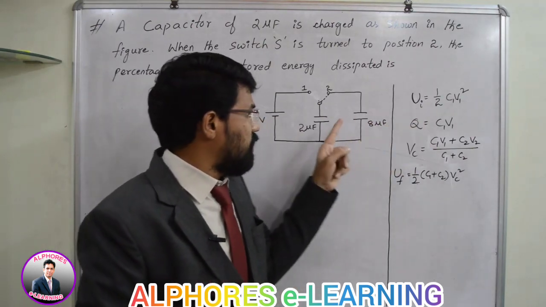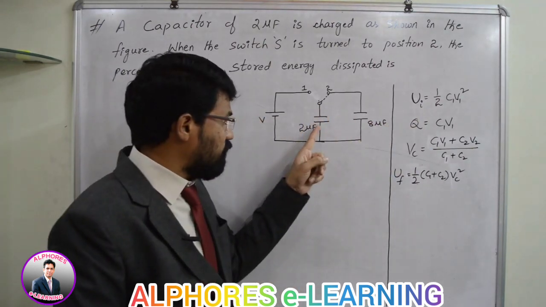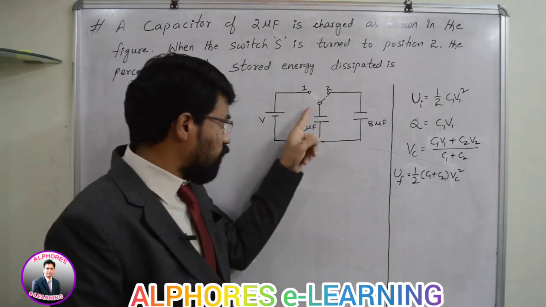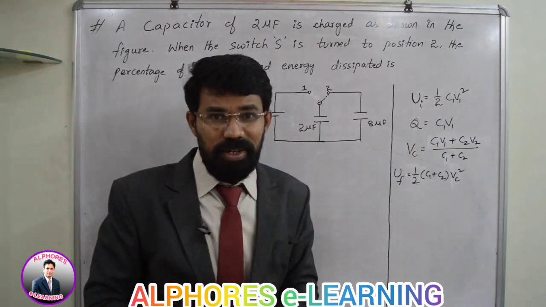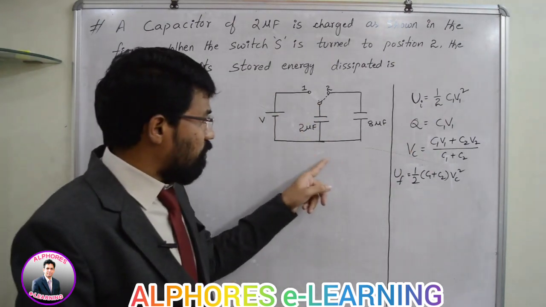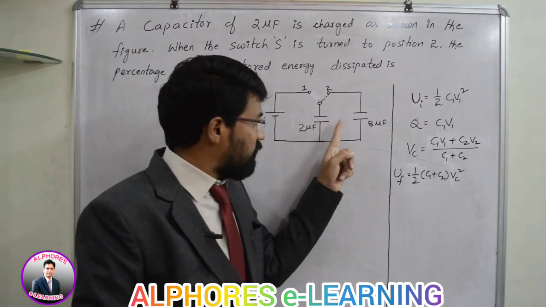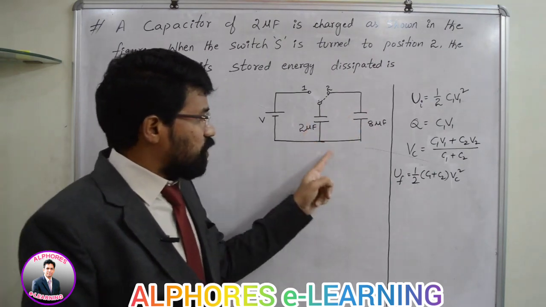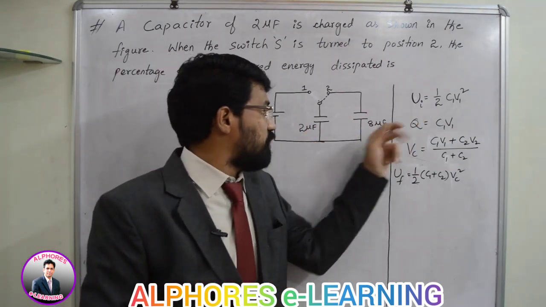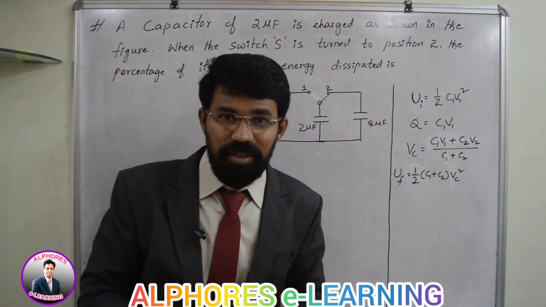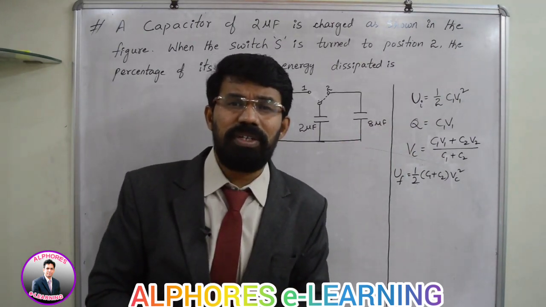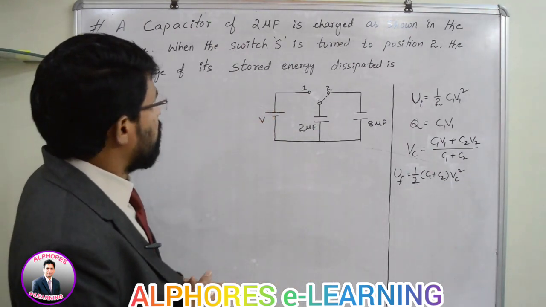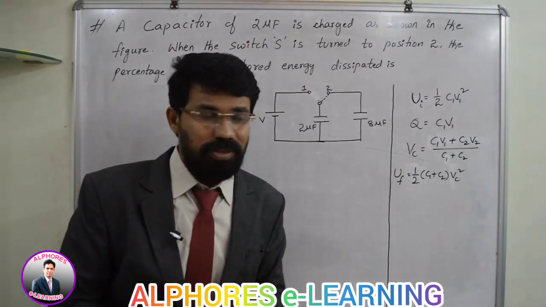So this is the initial energy stored in this capacitor. And what happens when charge flows from this capacitor to this capacitor? There will be energy dissipation. Initially this is the only capacitor which has energy, and I can calculate that. Finally, what I have to do is calculate the total final energy possessed by this capacitor plus this capacitor, isn't it? So the final energy possessed by these two capacitors and the initial energy possessed by this single capacitor you need to calculate, and whatever difference you get, that amount of energy is the energy dissipated. But you have to calculate what percentage of energy is dissipated in this case. So let us see what we can do.